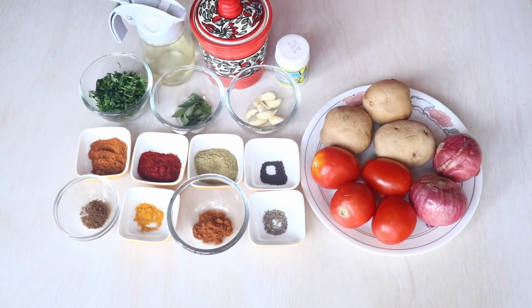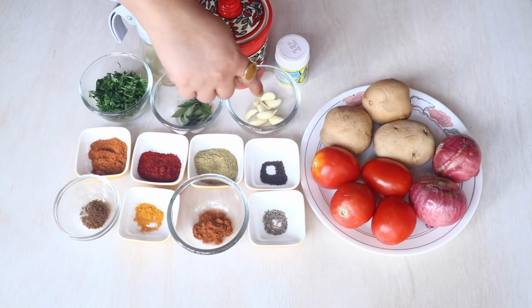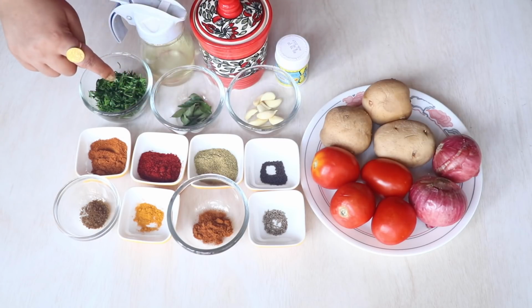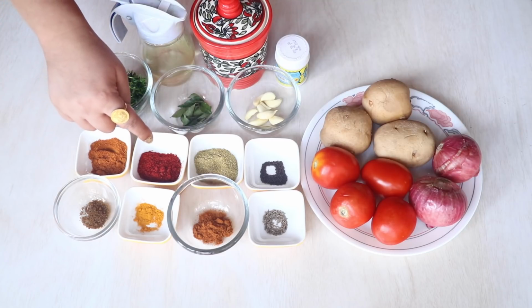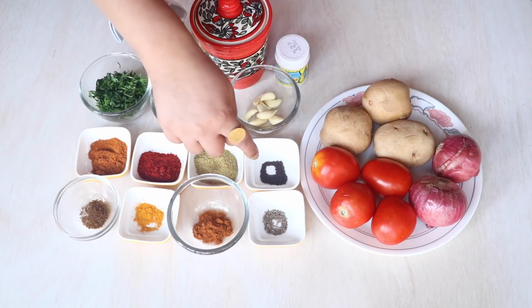So guys, for this recipe you're going to need 3 potatoes, 4 tomatoes, 2 onions, 10 garlic cloves, 8 to 10 curry leaves, which is curry patta, 1/4 cup of fresh dhania, which is cilantro, 2 teaspoons of sambar masala, 1 tablespoon of Kashmiri red chili powder, 1 tablespoon of coriander cumin powder, which is dhania jeera powder, 1/4 teaspoon